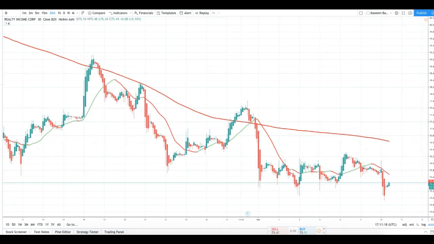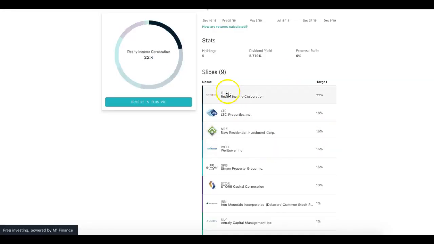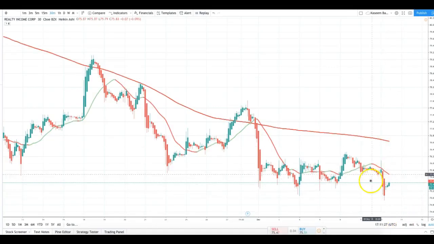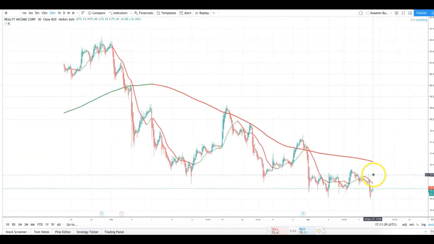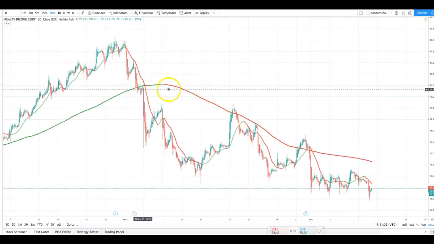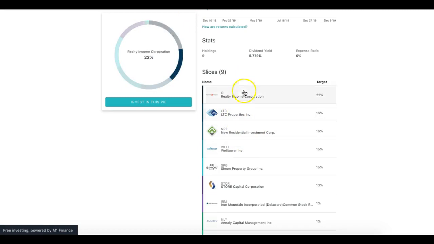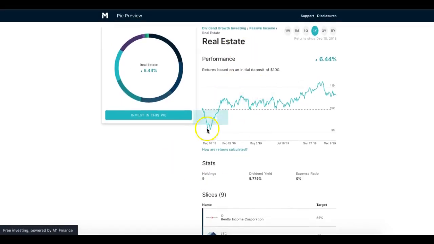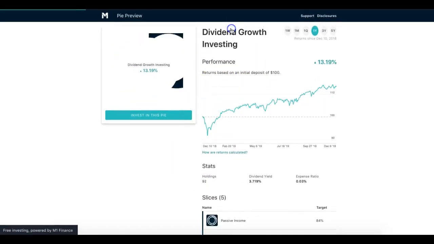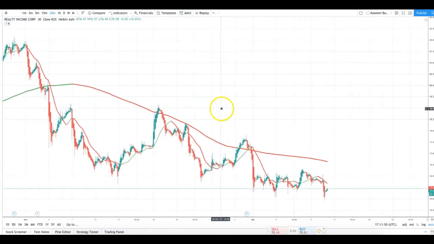Because I have it in my portfolio and they pay dividends on a regular basis, it would make sense for me to keep buying the stock at a lower price. If I was willing to buy at this point, or at this point, here is also a great price for me to get in and still buy the stock. So this is how I look at long-term investing,